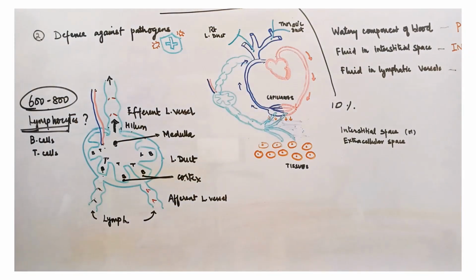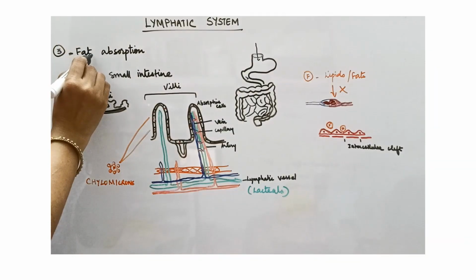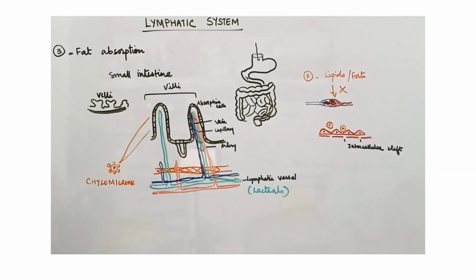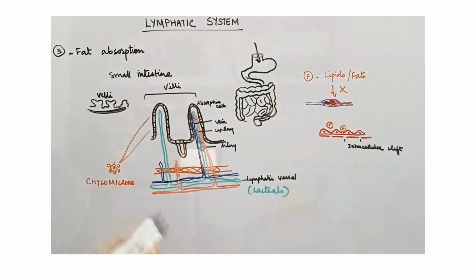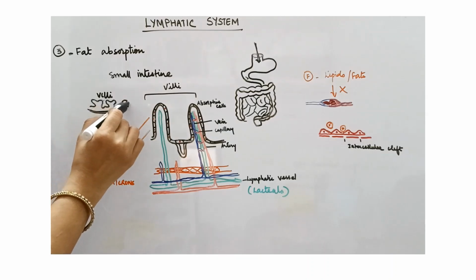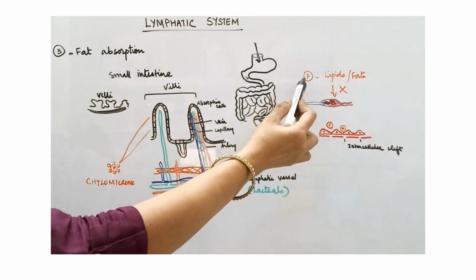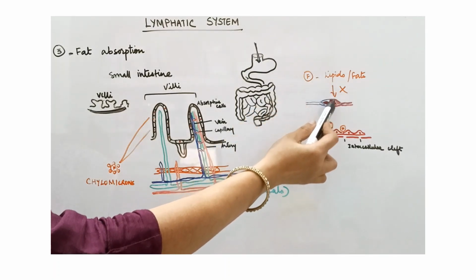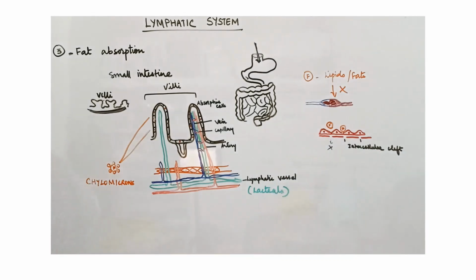Let's move on to the third function of the lymphatic system, which is fat absorption. The digested food from the stomach enters the small intestine. The wall of the small intestine has villi that absorbs most of the nutrients and passes it into the capillaries. However, lipids or fats, being larger molecules, cannot pass through the capillary walls. Also, lipids are not water-soluble, so they get packaged as chylomicrons. The lacteals, which are the lymphatic vessels in the small intestine, absorb the chylomicrons and transport them to the bloodstream,